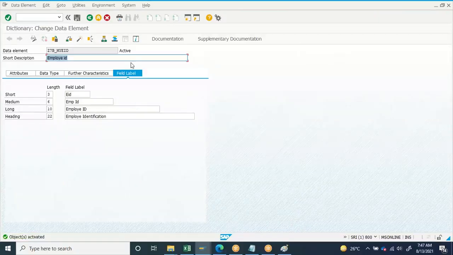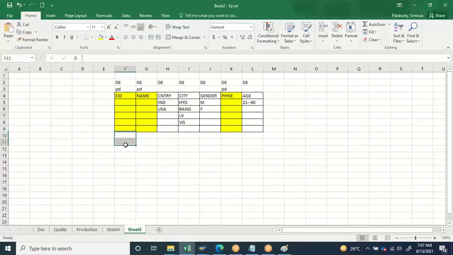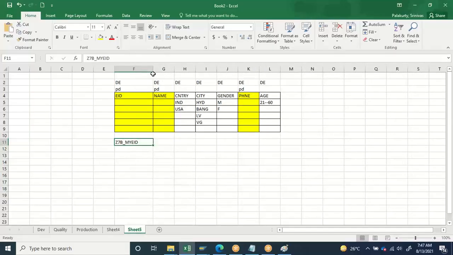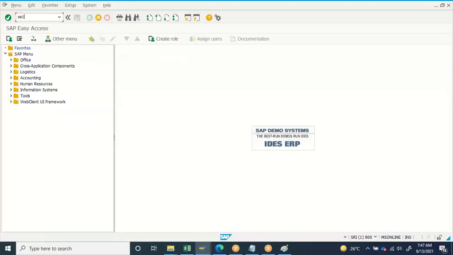So it's active. Make sure it is active. Now I'm copying this name and putting it here. I will use it later. I have the habit of forgetting. For employee ID, I created this. Now again observe how to create. From the initial screen, SC11,